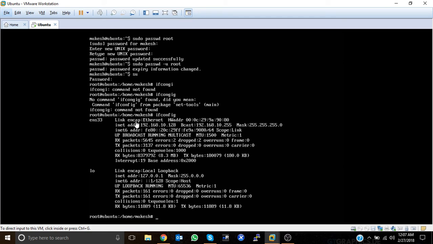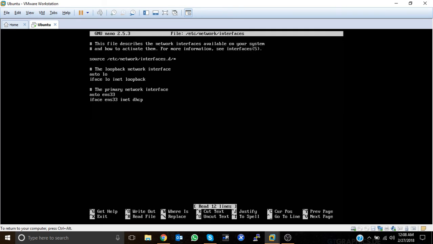You can see the IP address there and the broadcast ID and the subnet mask, all the information about the network. But if you want to change the IP address, you can directly go into the network file and make an entry for the IP address. We have many kinds of tools which allow us to make changes in the file. Some users use vi /etc, but actually I am good with nano. So /etc/network/